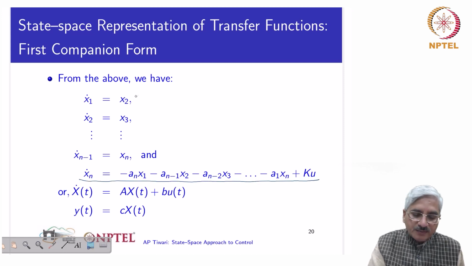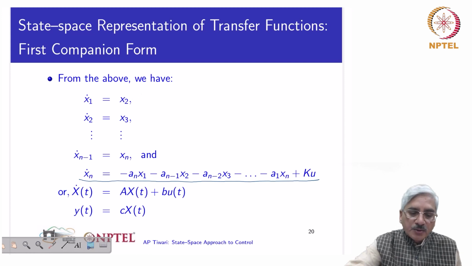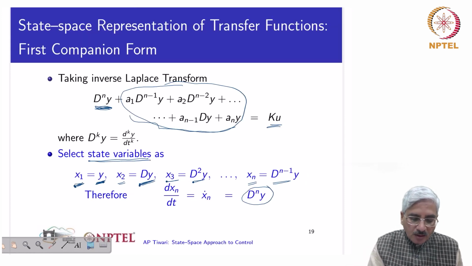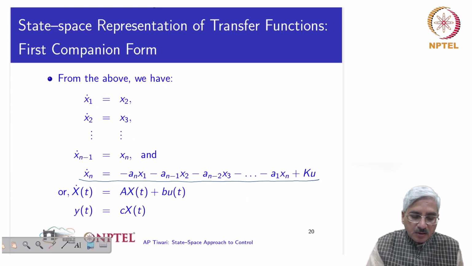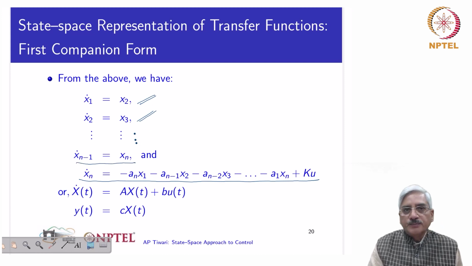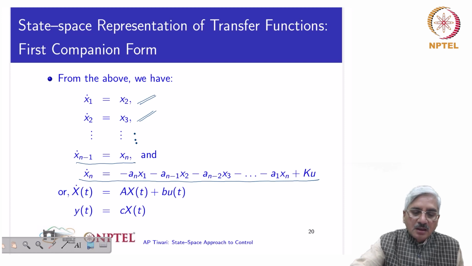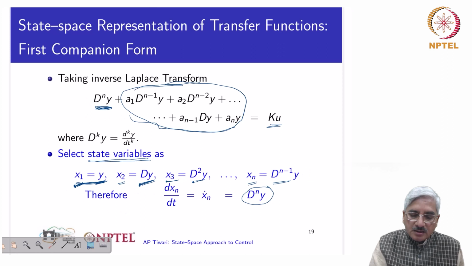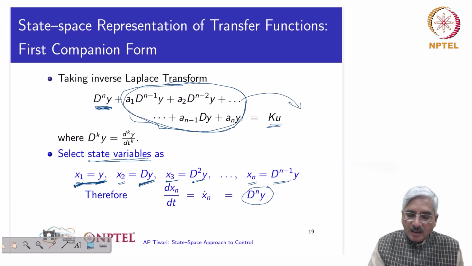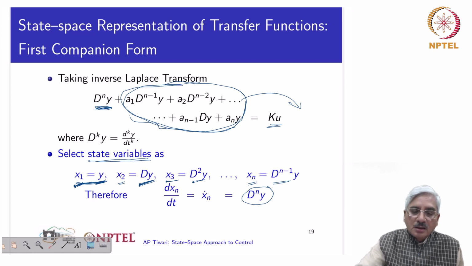However, before that, because we introduced the first state as y, x1 is y, and that means x1 dot is y dot, and y dot was identified as x2. So we have x1 dot as x2, x2 dot as x3, and so on, x(n-1) dot equal to xn. And as I was telling, coming to this equation, we take all the rest of the terms to the right, and we substitute y equal to x1, dy equal to x2, and so on. So we get